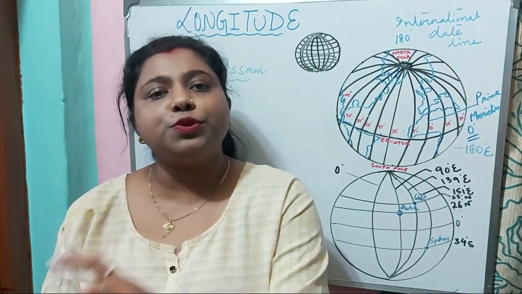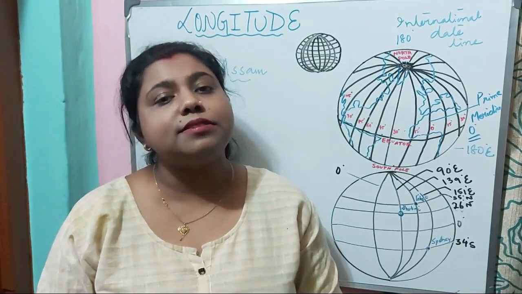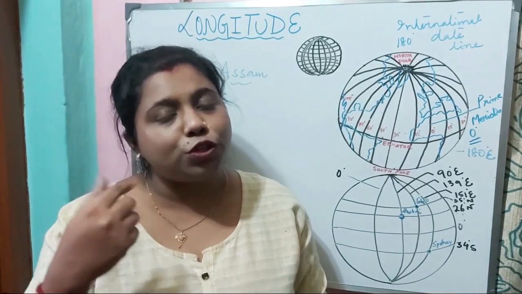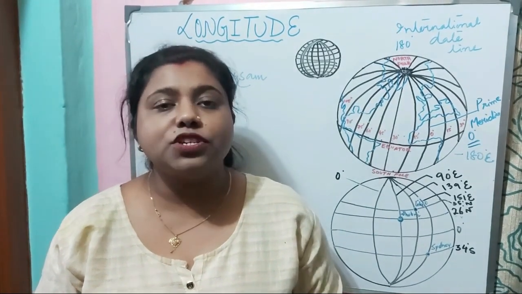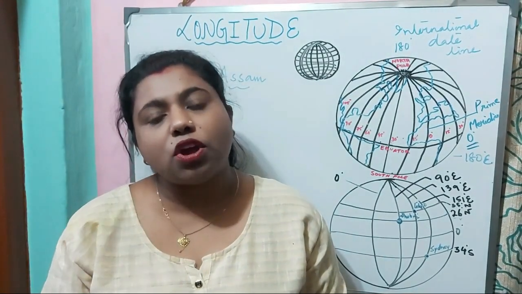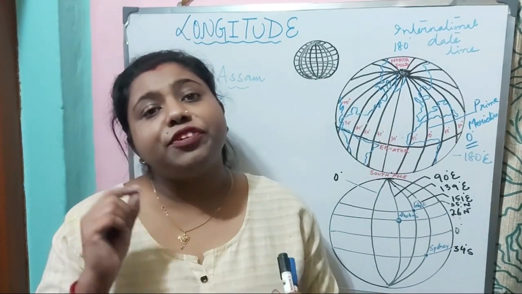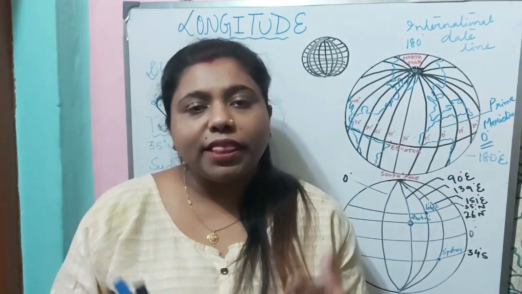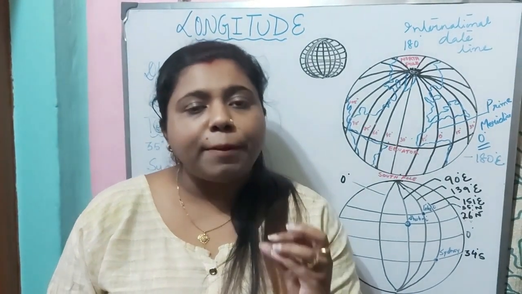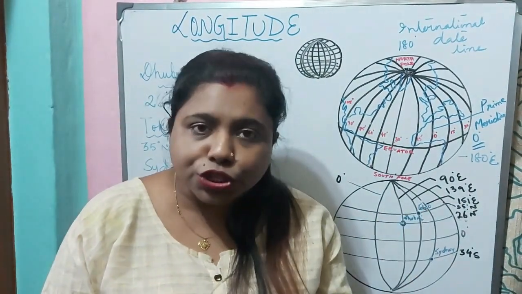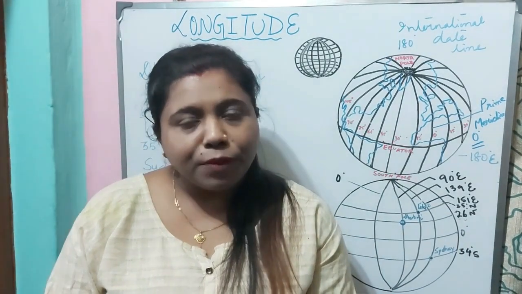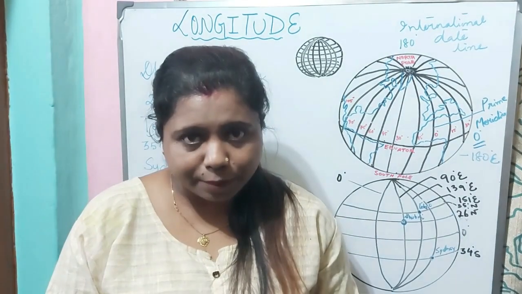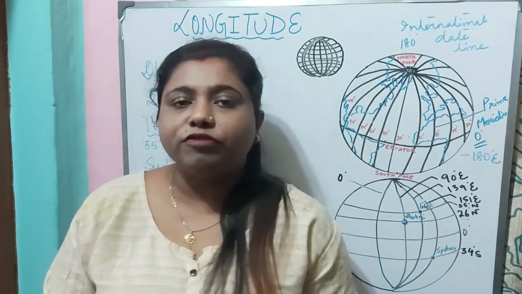So what are longitudes now? Longitudes are semicircular vertical lines which run from North Pole to South Pole, and they measure distance east or west of the prime meridian. They are at 15° intervals. So in this video, we understood about these two concepts, that are longitudes and grid. In the next video, we will move ahead with another important topic, that is the last topic of the chapter.